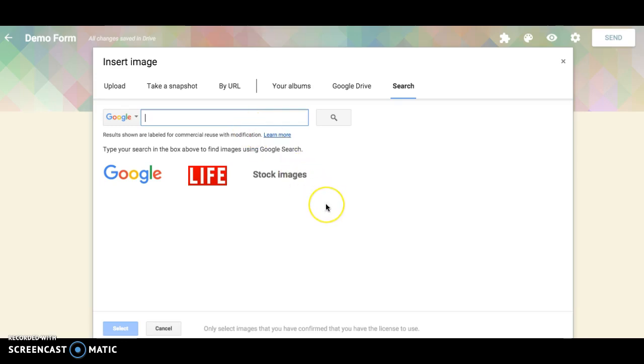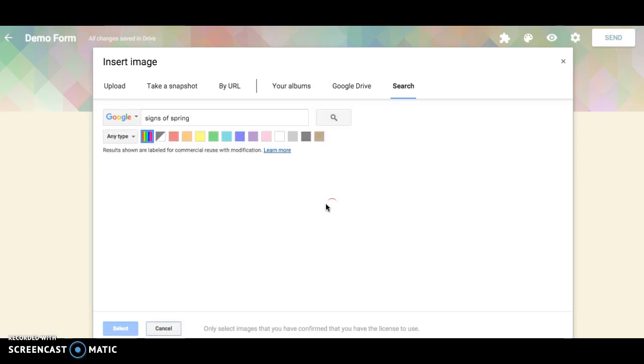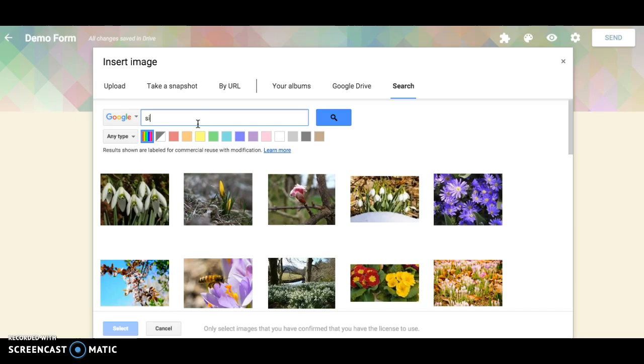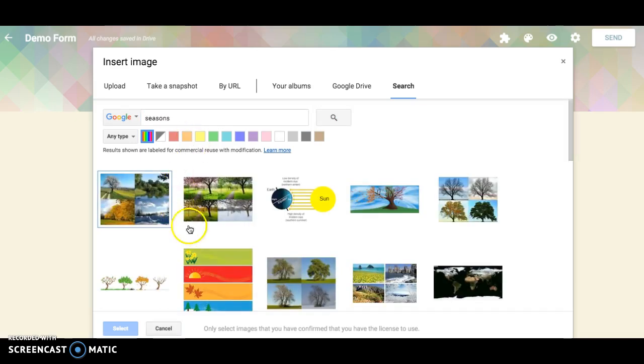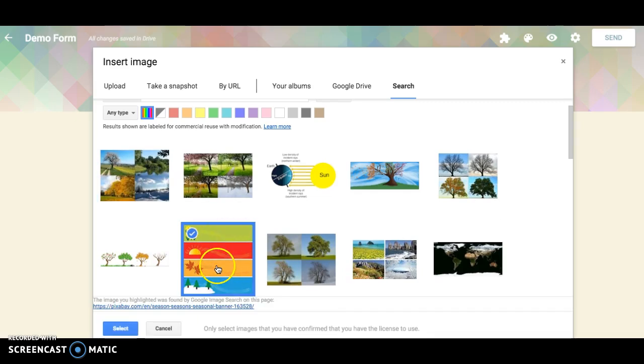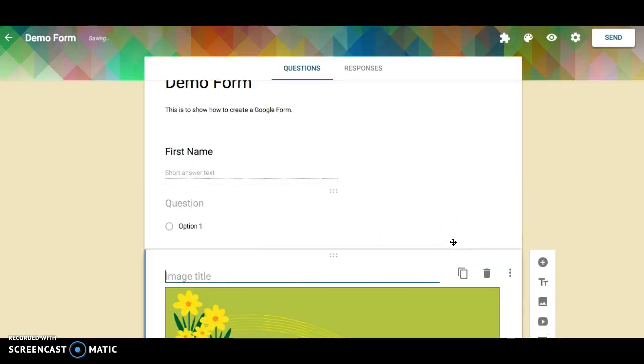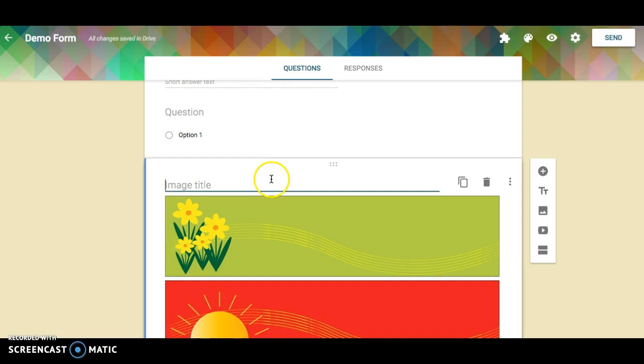So I'm going to search for signs of spring because that's what my form is going to be about. Signs of spring. Oops, nope, not signs of spring. Seasons. We're going to talk about seasons. And I like this photo. So I clicked on it, it highlights it, I click select. Now my photo is here. And I can label it seasons. So underneath my